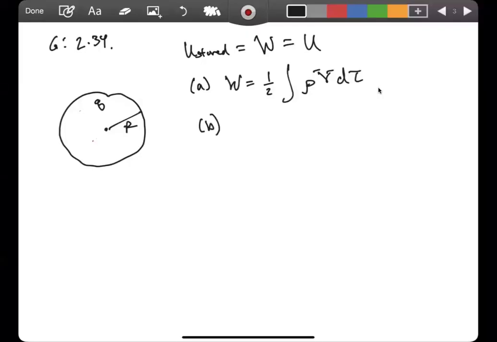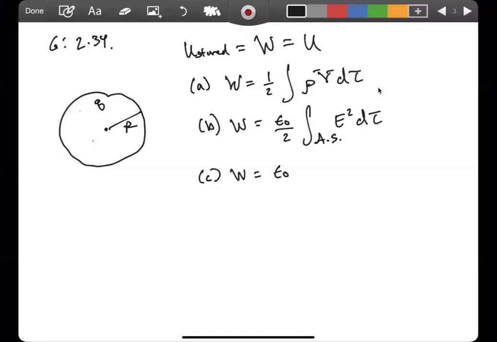Part B then says it wants us to use the work is equal to epsilon naught divided by 2 times the integral over all space of the electric field strength squared integrated over the volume. And then finally, C wants us to do that ugly one that we talked about in class, which then is